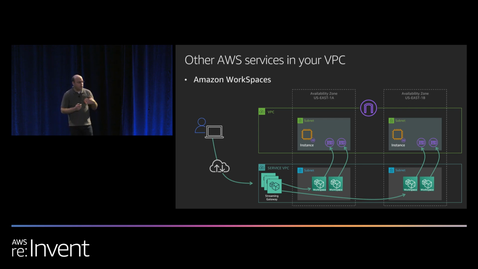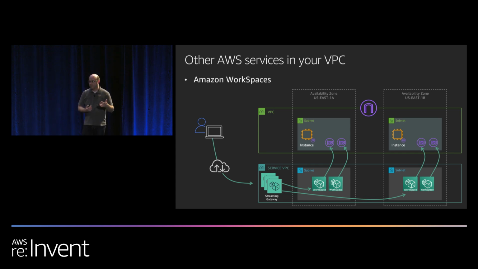Now, you'll note that I've given you two examples where we have services that are putting network interfaces into your VPC. So when Steve talked earlier about how you really need to think about how you plan out your IP address allocation, keep in mind that you may be using AWS services that will be taking IP addresses from your space